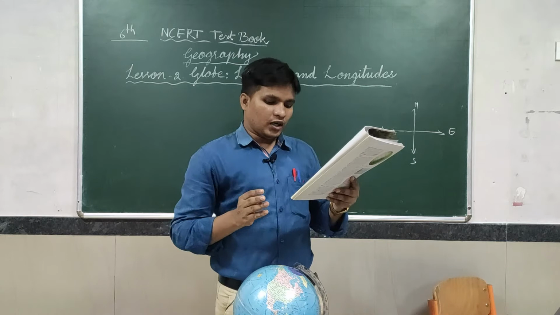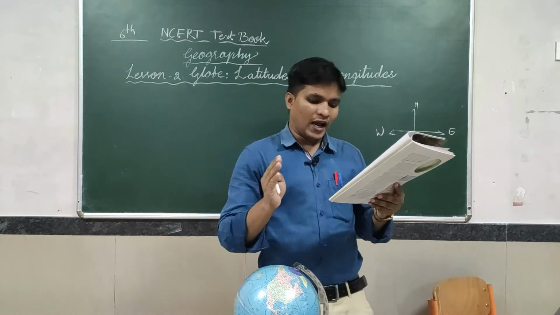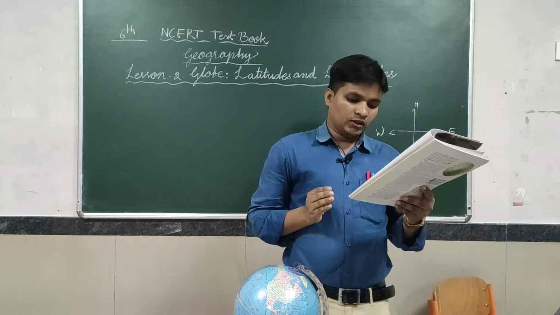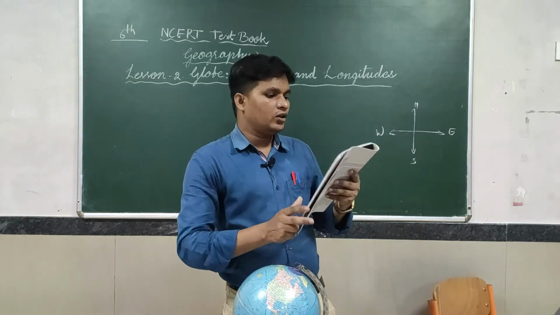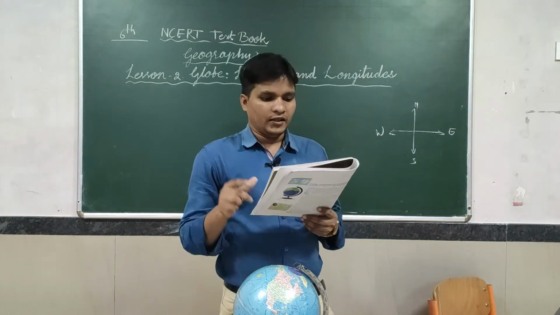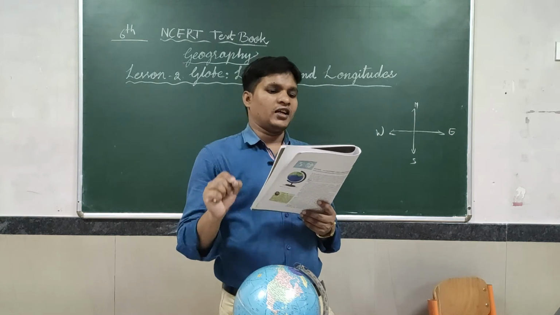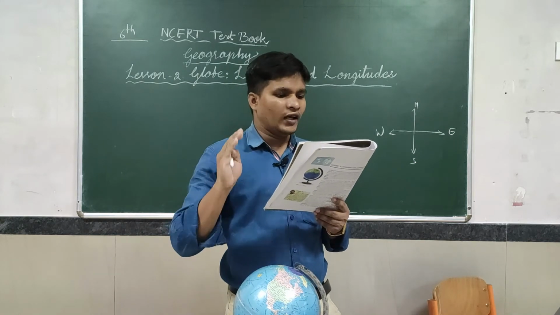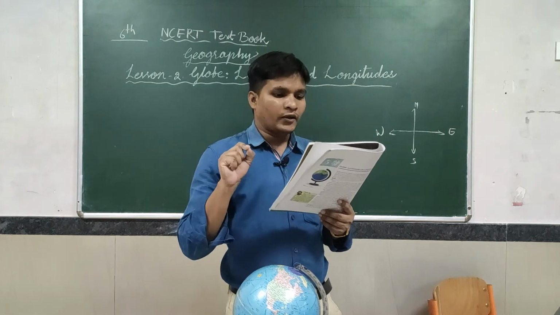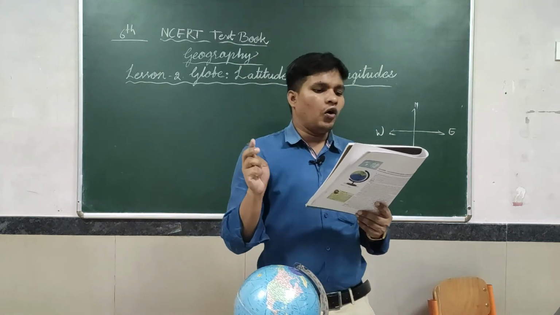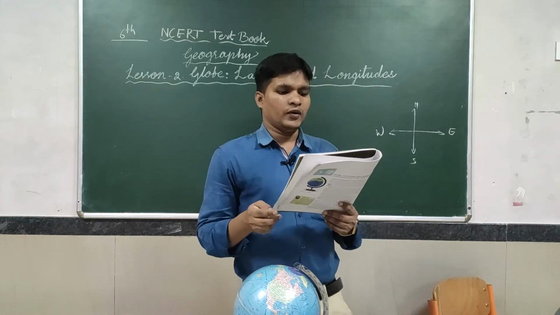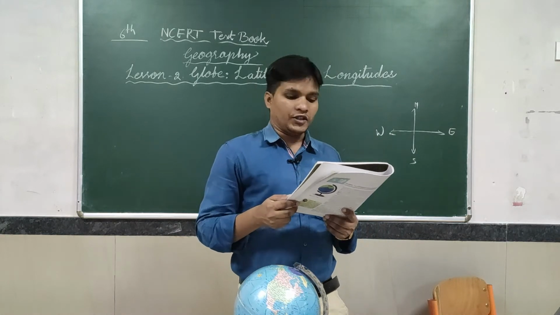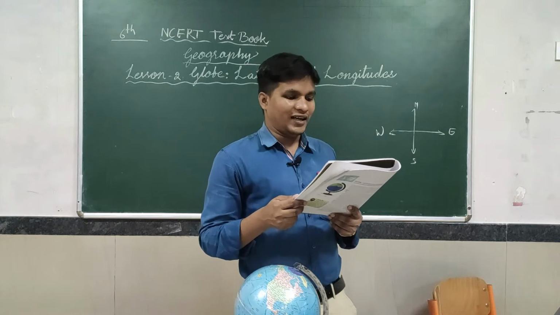The northern half of the Earth is known as the northern hemisphere, and the southern half is known as the southern hemisphere. They are both equal halves. Therefore, the equator is an imaginary circular line, and is a very important reference to locate places on the Earth. All parallel circles from the equator up to the poles are called parallels of latitude. Latitudes are measured in degrees.